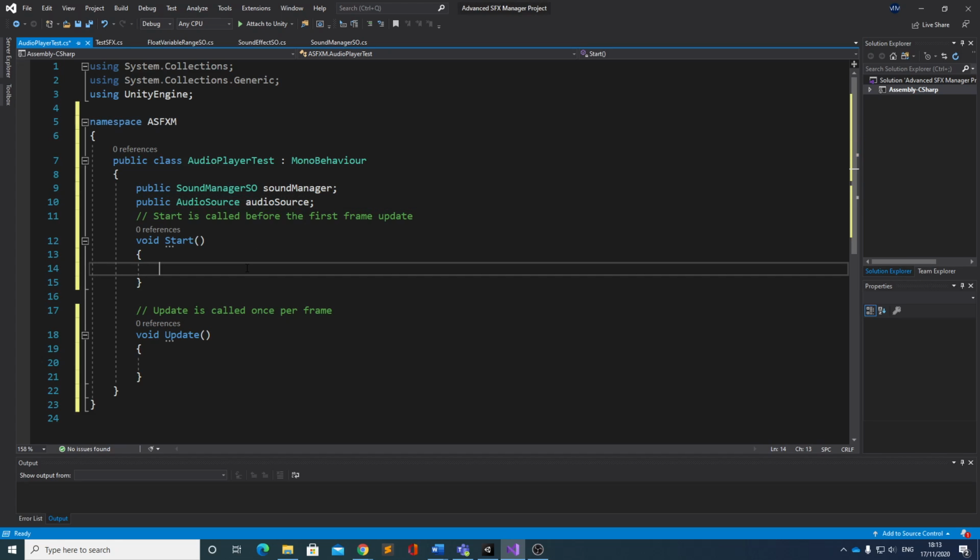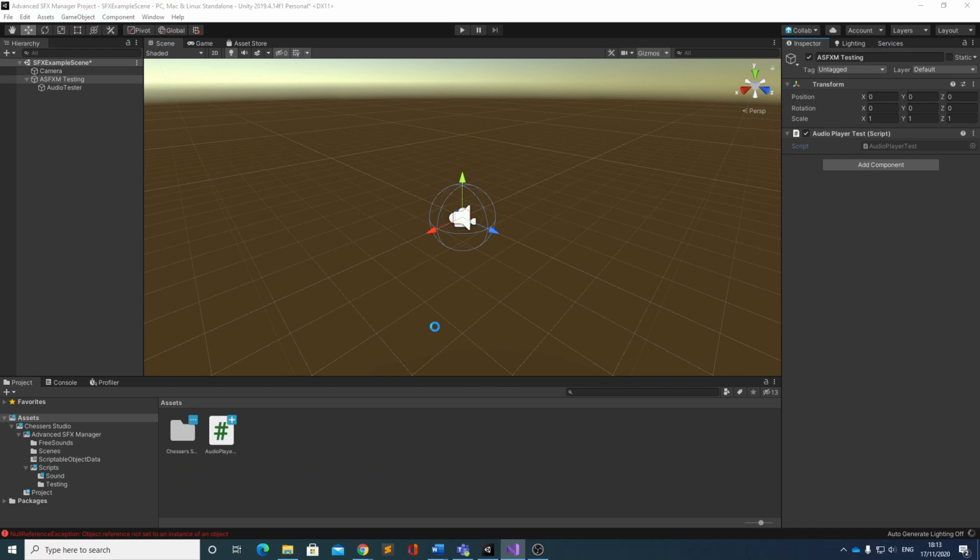Now we can also do this as well. Let's give it a get component call. Get component audio source. Now save. Let's go back to our Unity editor,